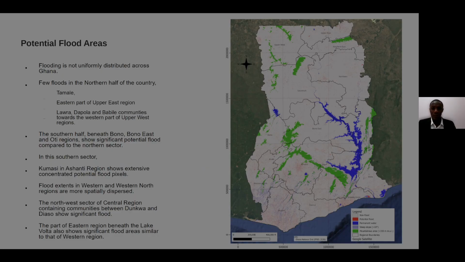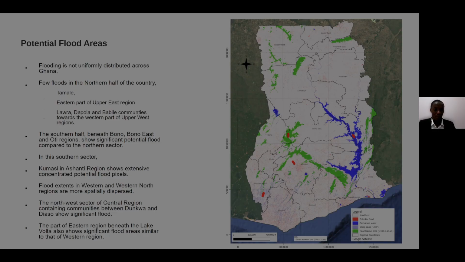Now to the potential flood map. This is the potential flood map that we obtained. The red regions, such as these ones, represent the potential flood areas. The blue regions represent the permanent surface water bodies. The violet represents the slopy areas, and the green represents the areas that have elevation above 330 meters above